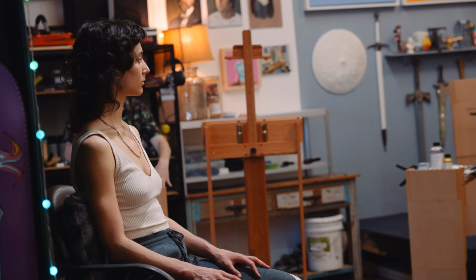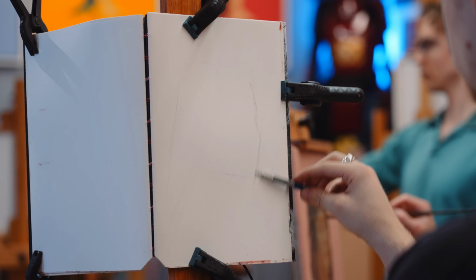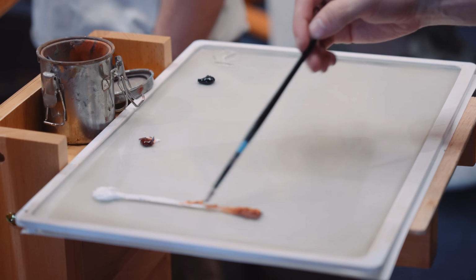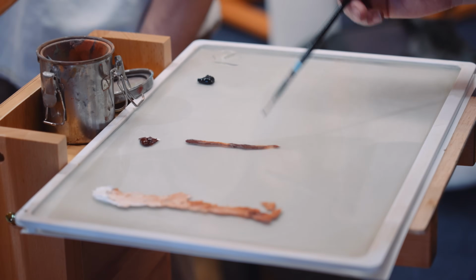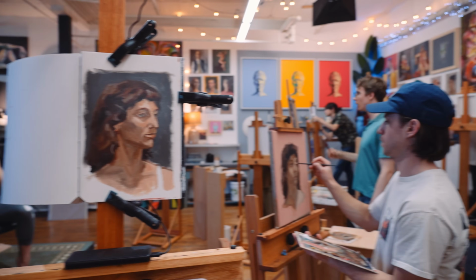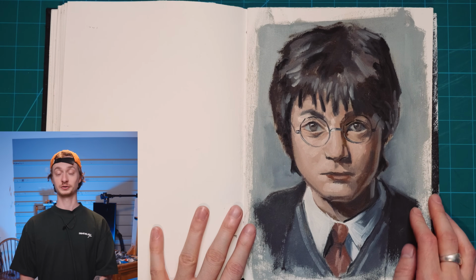I was trying a new palette actually also, which probably confused me, whacked me out. I was using just the 3 colors, titanium white, ivory black, and transparent red oxide. So I've seen a lot of artists use those 3 and get really great results. This was the transparent oxide, and then I want to try it again on this Harry Potter portrait, a young